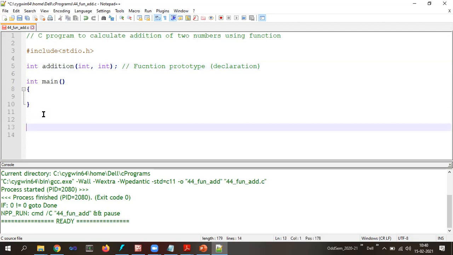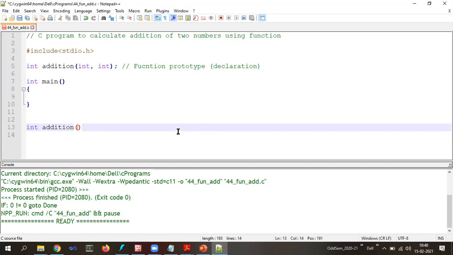Okay, now we are going to define this particular function. That has to be written after the main function. Here I need to write those 6 parts. Among those 6 parts, the first 3 parts can be clubbed as the function header. So what will the function header look like? Return type. What will be the return type? Integer. Then name of the function. What will be the name of the function? Addition. Then parameter list.